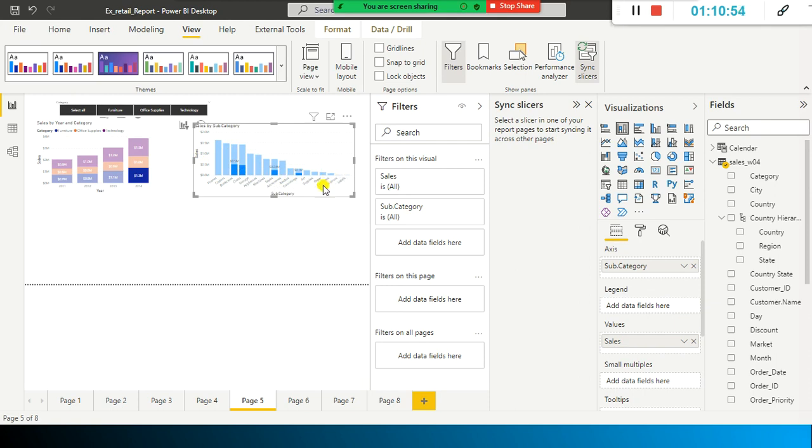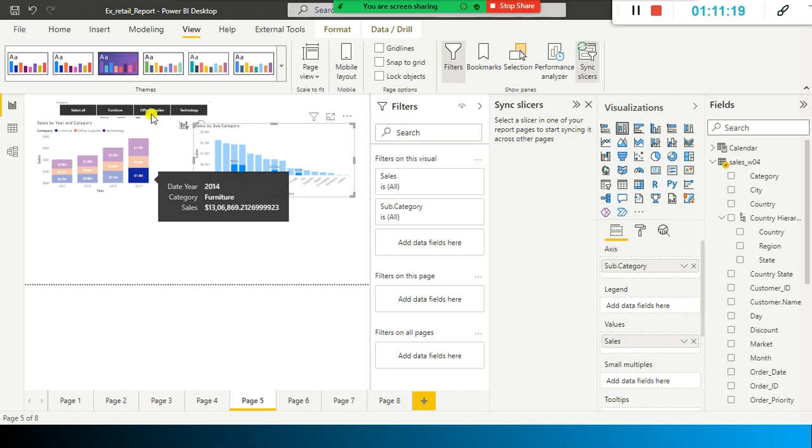But in total, it considers all these bars, but specific to this furniture category, it highlights only the values in these bars that are related to this furniture value. Right? So this is called cross highlighting.